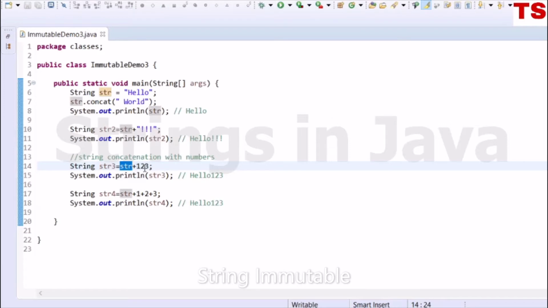That is, the integer 123 will be converted to the string 123 and then concatenated with str. The output str3 will print hello 123 to the output.